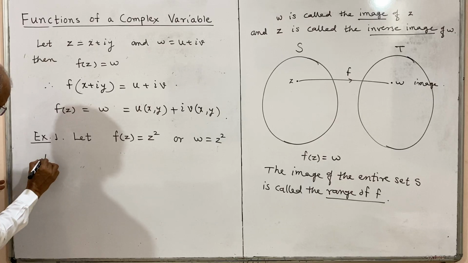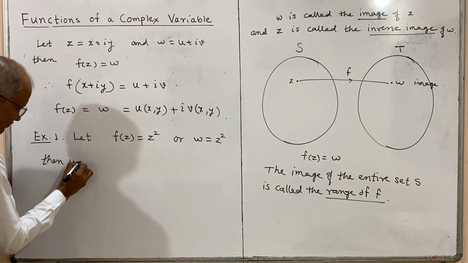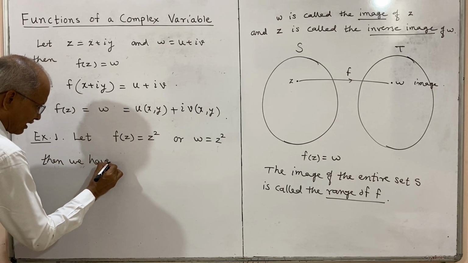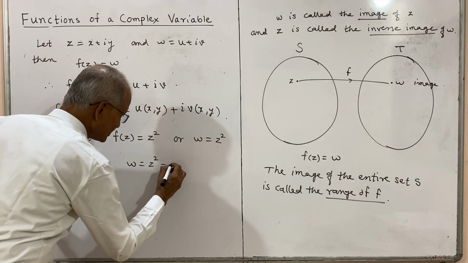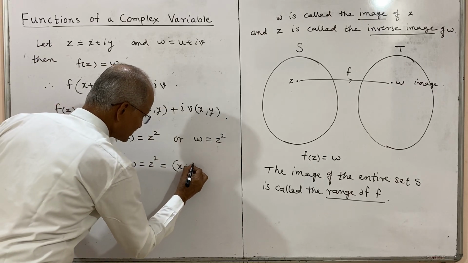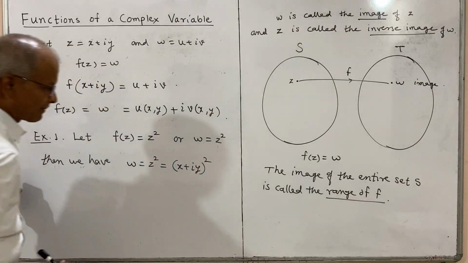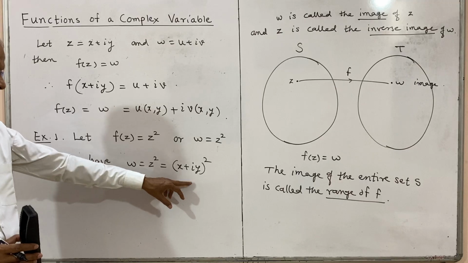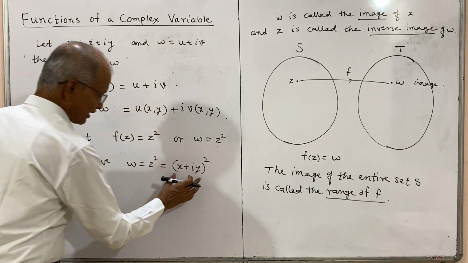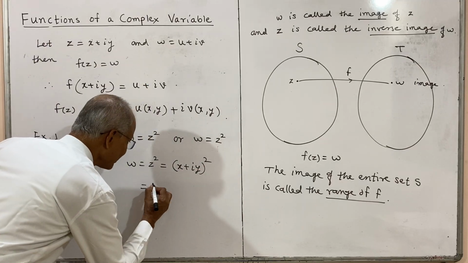Then we have this w is equal to z square, but what is z? Z is (x plus iy) whole square. Z is a complex number written in usual form as x plus iy, and its square can now be